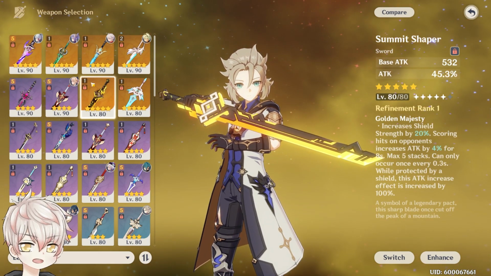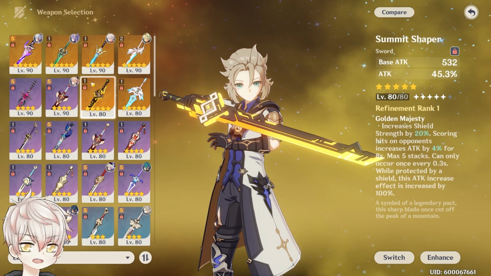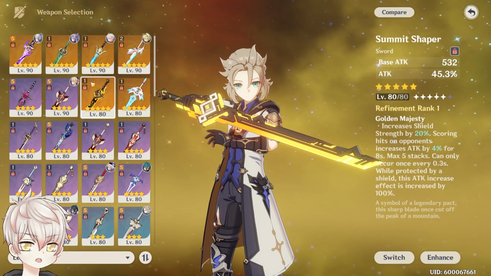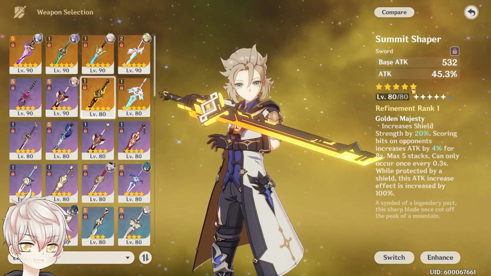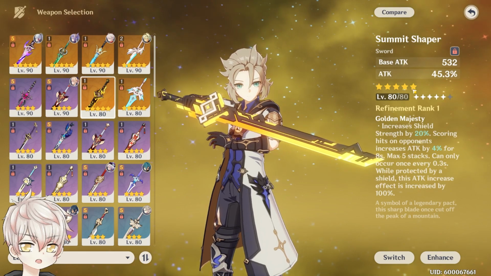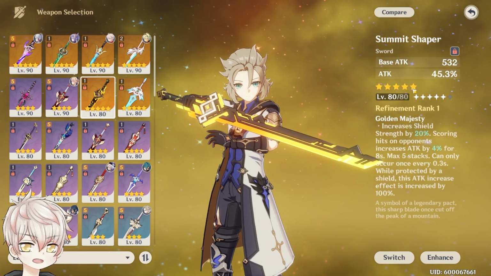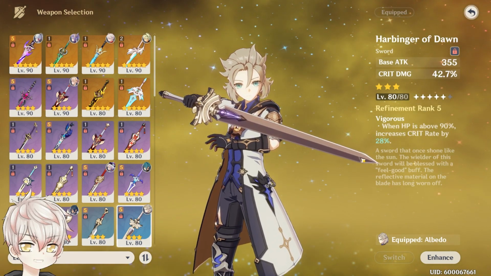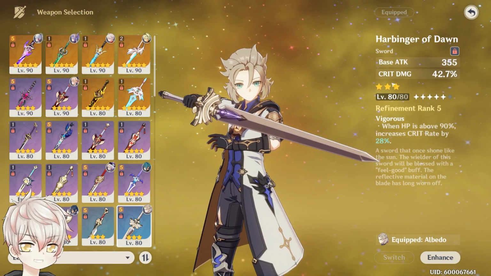Summon Shaper gets an honorable mention because I guess it's supposed to be signature for a Geo sword user, which we only have one of, and yeah. It's just a strict attack percent stat stick, which affects his burst damage and the initial Isotoma slapdown damage, but not any of his transient blossom damage. And that should cover weapons. Most of you Albedo gamers will be running Harbinger of Dawn or Festering Desire until something spicier comes out in